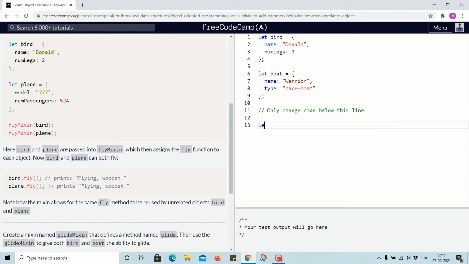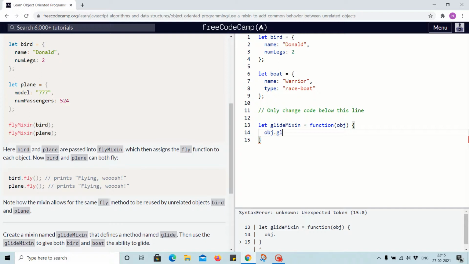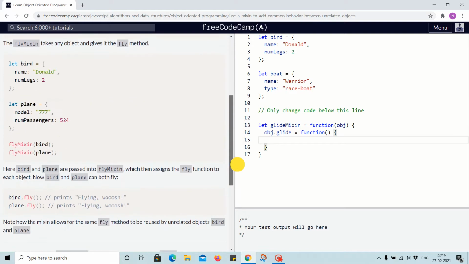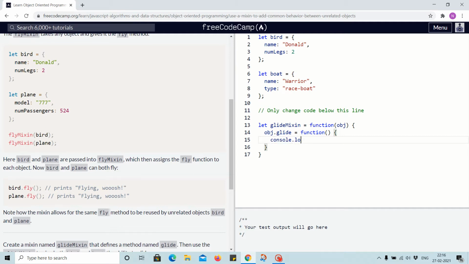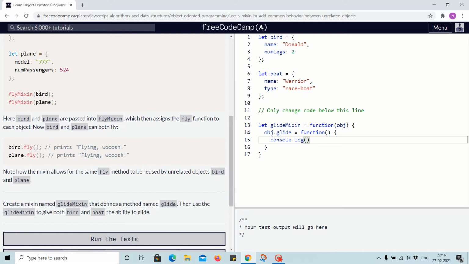In that case, let glideMixin equal to function, and we have to pass the object here, object.glide equal to function, and in this case let's use a simple console.log, and inside let's simply write glide. Okay,